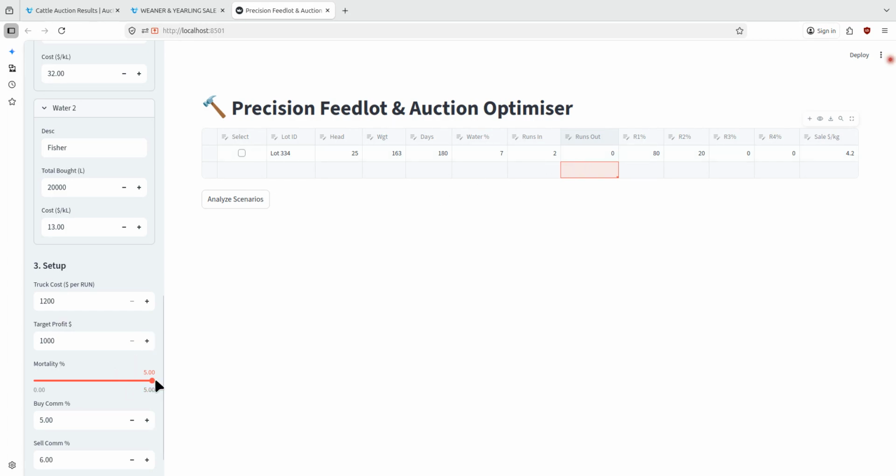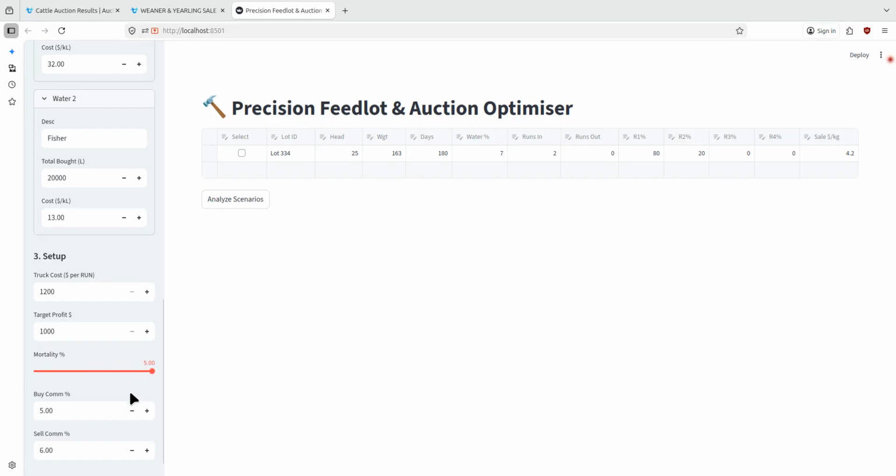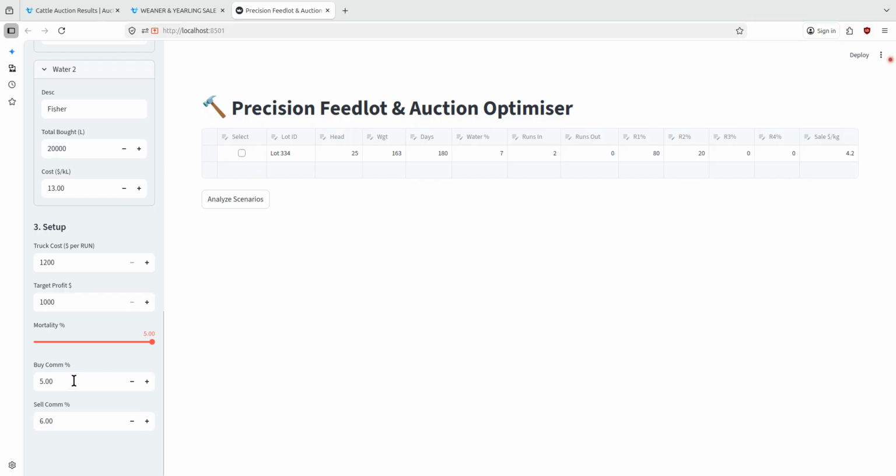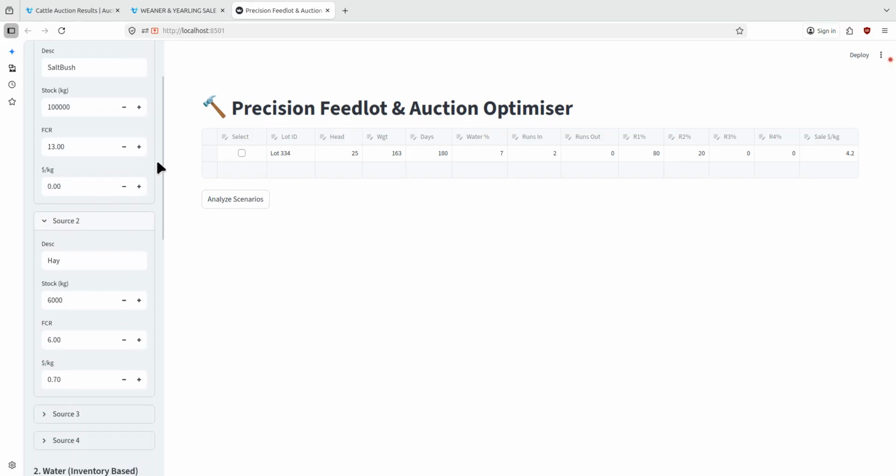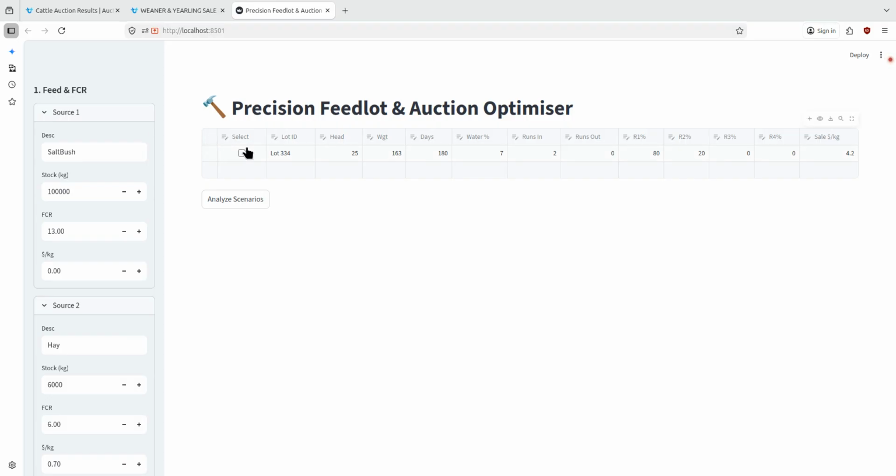The mortality rate maximum is 5%. I can change that in the program, but that's all right. We'll leave that at 5% for now. Buying commission 5% to buy, selling commission 6% to sell when they're sold at auction. And those are the major constraints put into the system, which then up here I can put in values and create